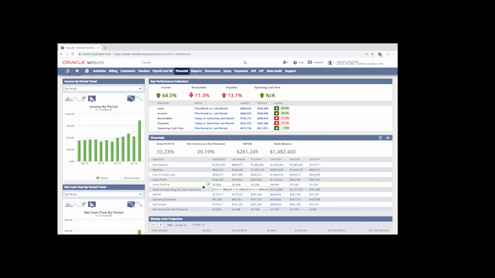Now, of course, some of these are only showing us the metric calculation, but others will jump straight into our reports. For instance, if I click on revenue, I'll be brought straight into my income statement for the current period, as that's what I was just clicking on within the portlet itself. And now we have our first look at a NetSuite financial statement, in this case, an income statement. And we'll notice that we have our financial sections of the report based on financial rows.